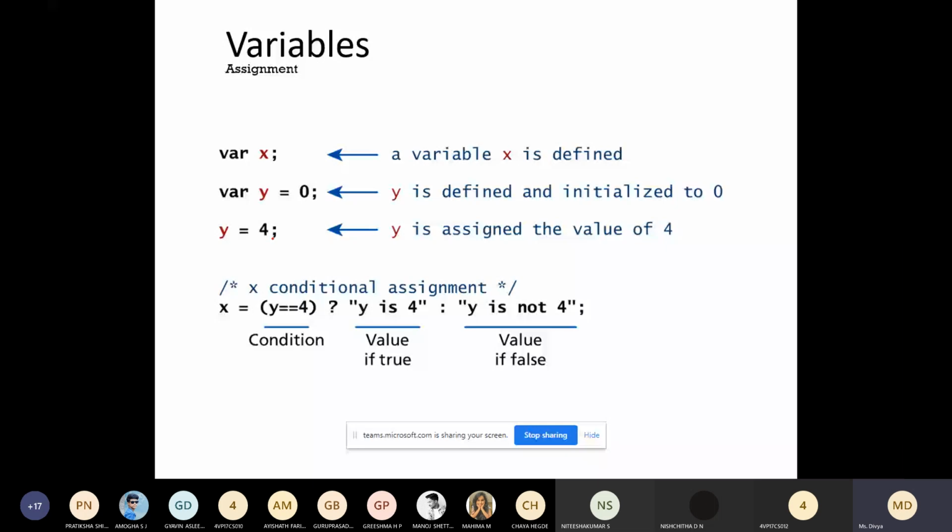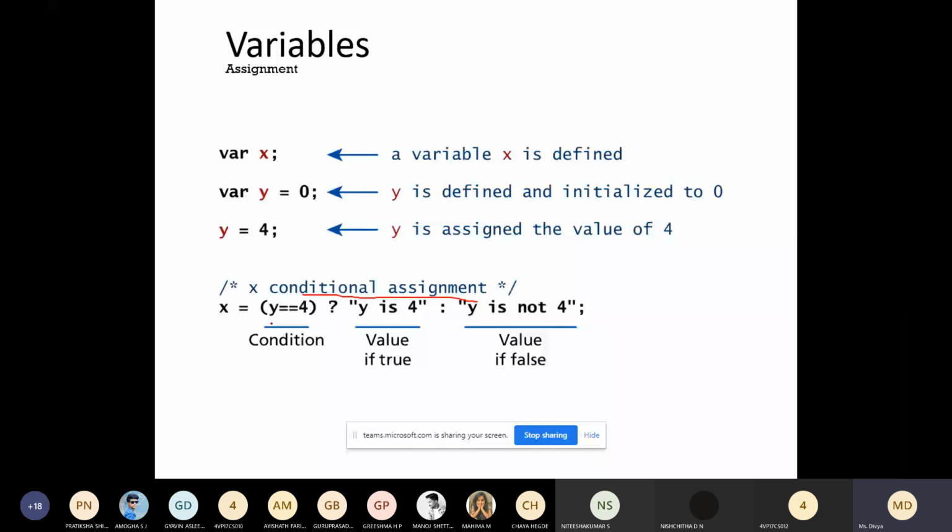Okay. So there is one more concept called conditional assignment. We have studied the conditional assignment already. So you can see here, based on the condition we assign the values. x is equal to y equal to 4, so y is assigned with the value 4.